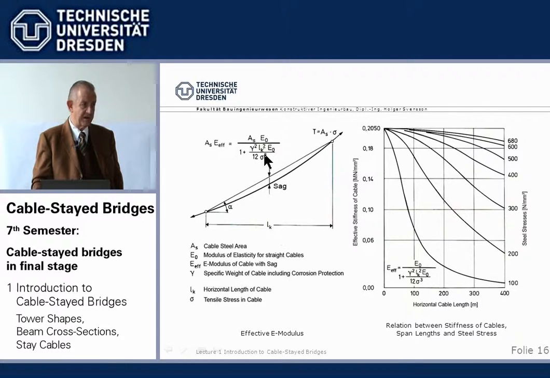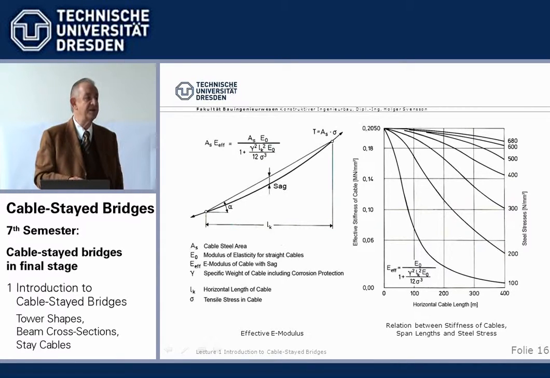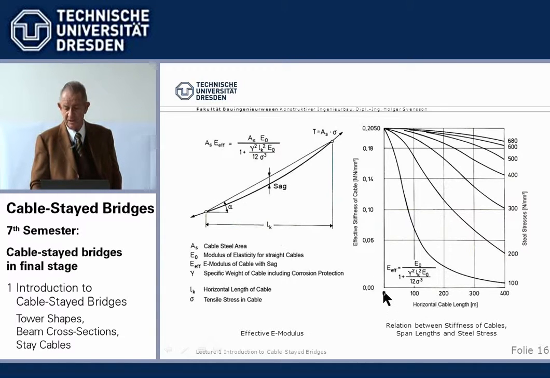We need to stress stay cables as highly as possible in order to reduce the sag to a minimum, and by reducing the sag to the minimum, having a nearly straight cable, we have the highest effective modulus of elasticity, or we reduce the basic modulus by a minimum, and this is the formula by Ernst, well known. And if we look into this diagram, we have here a span, say 400 meters, and